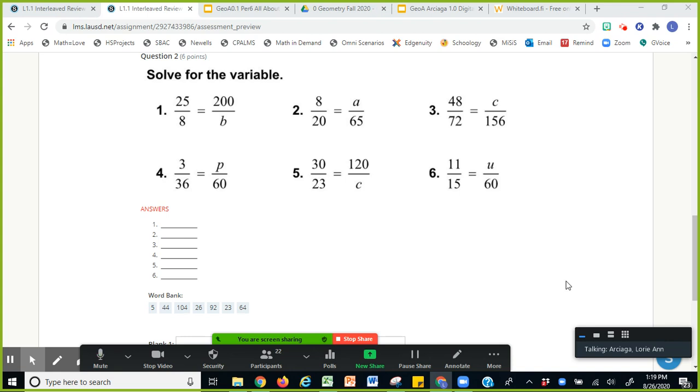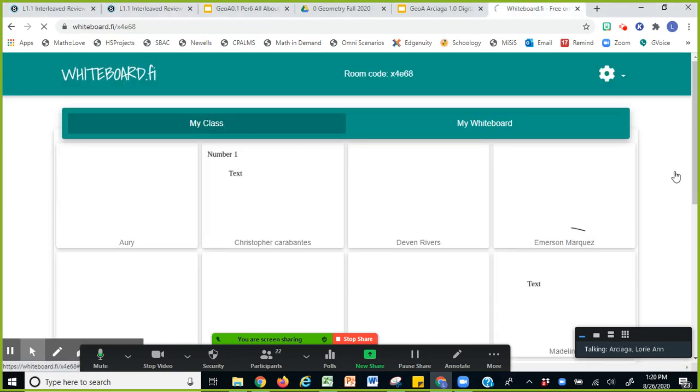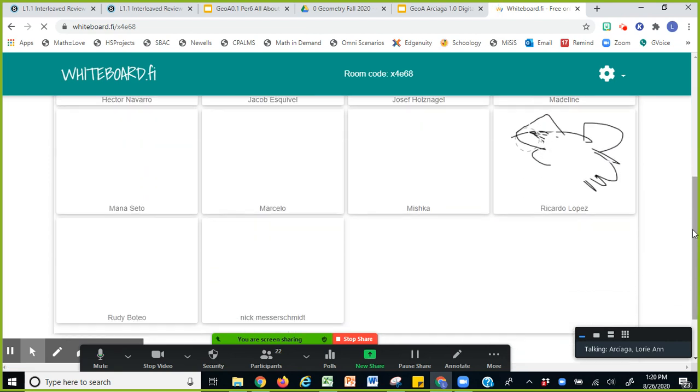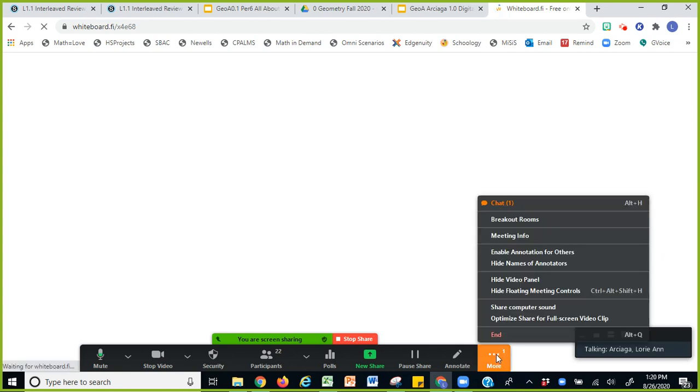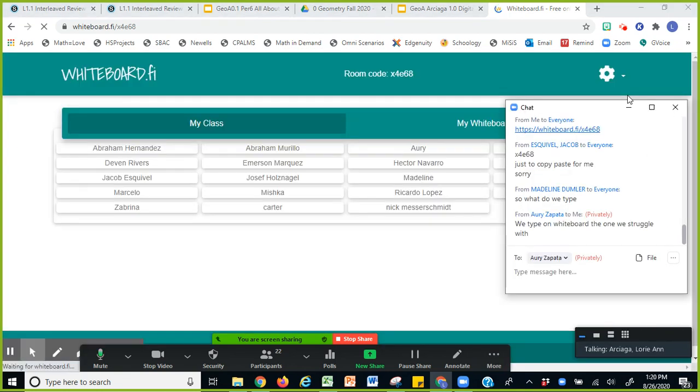Some students said they just used their LAUSD device and just toggled from one tab to the other. Some said it's easier if they're watching on the screen and they're using the phone for their whiteboard. So it's up to you. Okay, I'm gonna see what you guys have for the class. Once you put something in the whiteboard, we can actually. There you go. I can see some of you try to doodle already. That's cool. So get a feel of how.